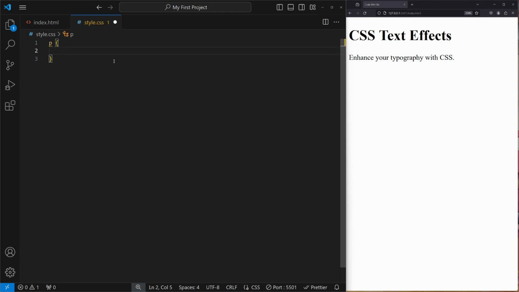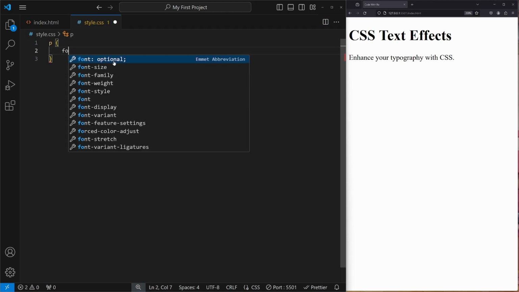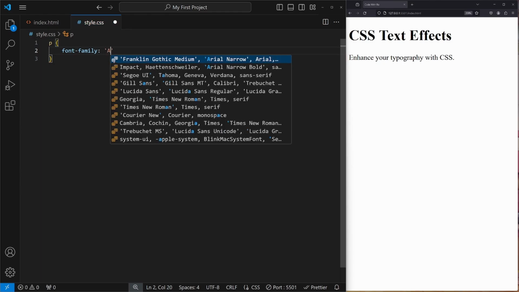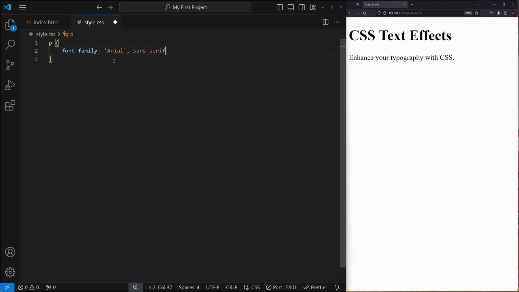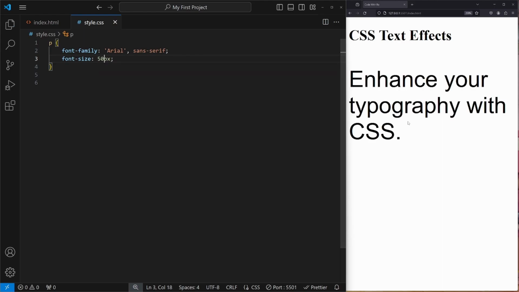So in this case, in the P tag that I'm going to be editing, I'm going to do font-family: Arial, sans-serif. And now when I hit Control Save, the text in my P tags will change to Arial sans-serif. And I can also add font-size. So if I want to do a font size of 16 pixels, or let's do 50 pixels, it'll increase my